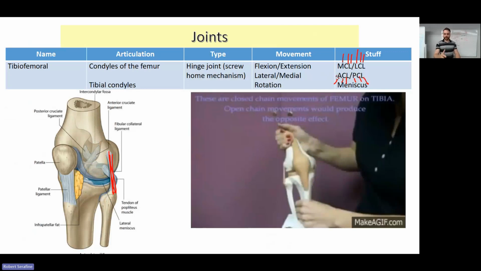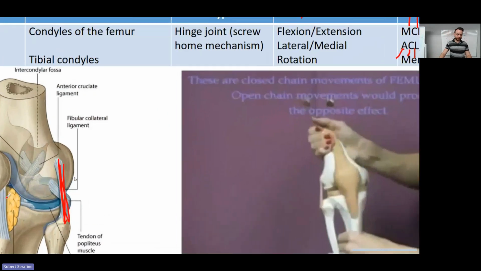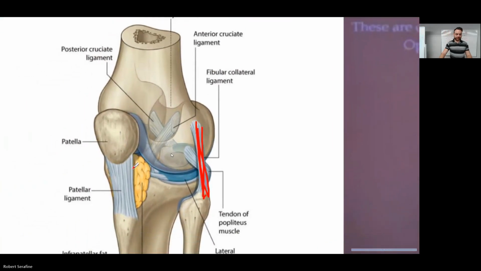So anterior, obviously it's more in front than the other. Cruciate ligaments, cruciate, think like a cross, right? If you form a cross, it's an X, right? So these ligaments are actually inside of the knee. And so they help to prevent the forward shifting and backward shifting of the knee itself, so that it doesn't rock back and forth in and out of position. So you can see that they're deep inside the knee and then they cross each other. Obviously the one in front is the anterior cruciate ligament, and then we have the posterior cruciate